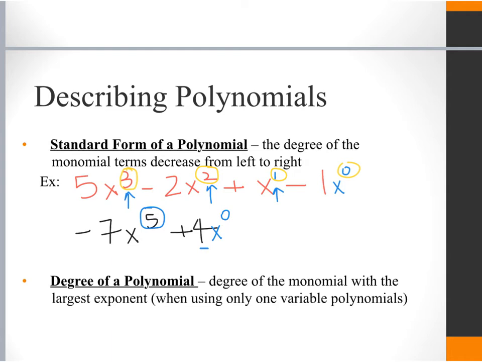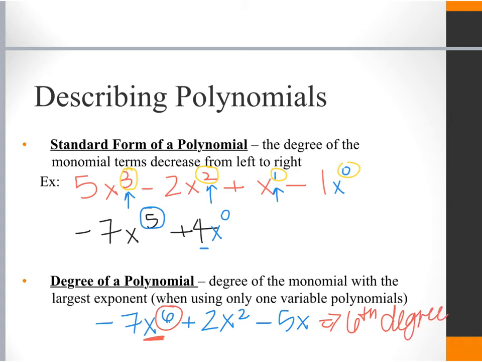So if I give you something like negative 7x to the 6th plus 2x squared minus 5x, now these are written in order from greatest to least, if you notice. And again, this is another reason it's nice to write your polynomials in standard form. But when it's written in standard form, I'm going to look at the variable that has the largest exponent, which in this case is going to be the x to the 6th. So we would say that this is a 6th degree